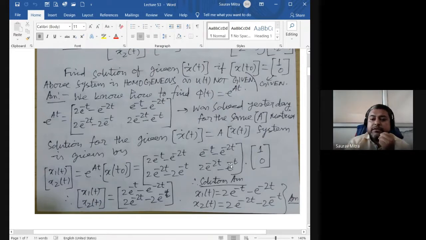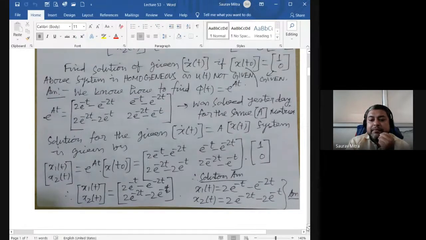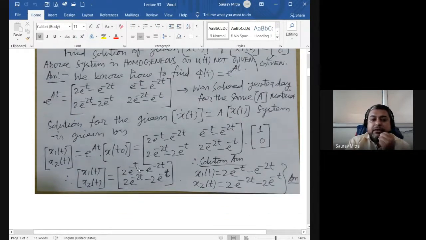Okay, and then you have to do this multiplication. So hand calculation you have to do in case of lab 9A. You have to find what is x1(t), x2(t). And then whatever equation you get, you just have to plot that. So the plot will happen in MATLAB for 0.1 time sampling, and for any time duration, maybe from 0 to 5 seconds. So this is how we are finding the solution of a homogeneous system. And it is easy, because we just have to find e raised to At and multiply x0 with that. So this was the first case.